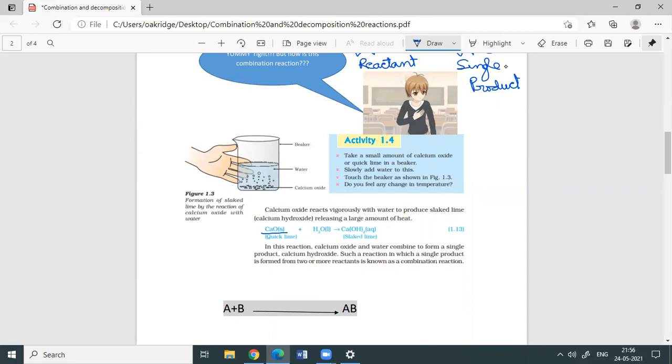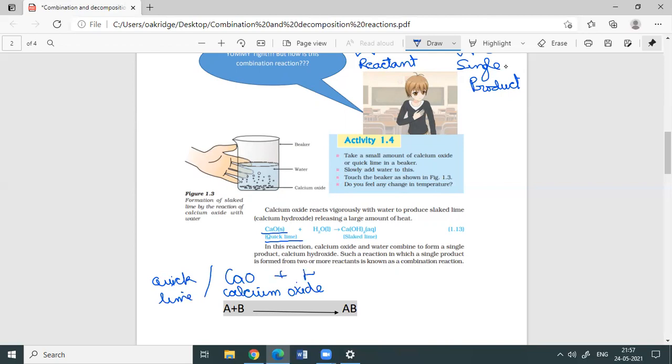Chuna is nothing but calcium oxide, children, which we also call quicklime. This is an industrial name actually. So CaO, calcium oxide, has a pet name called quicklime. All of us have a pet name, right? In the house, they call you Chinnu or Munna, something like that, and in your school or among your peers, you have a different name. In a similar manner, calcium oxide is the name given in school, but at home we call it quicklime. This is a pet name, an industrial name we can say.